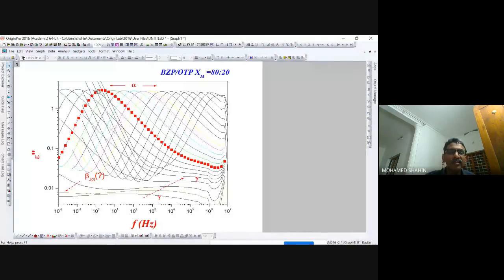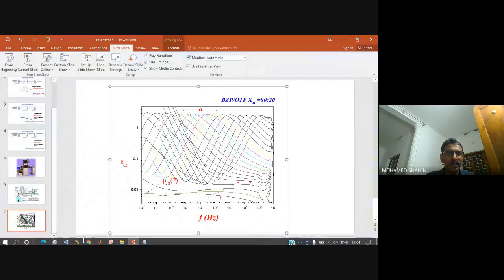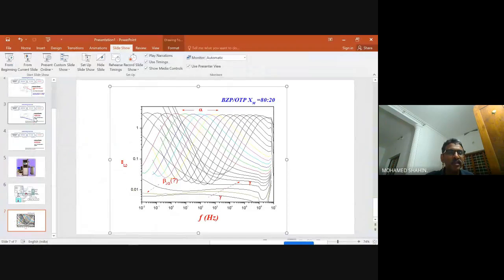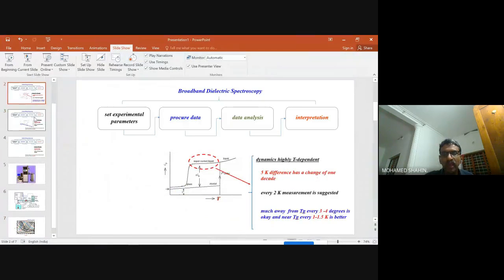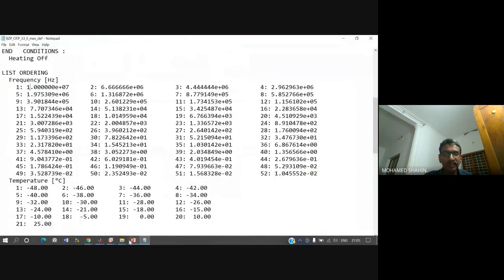Now after that, this is corresponding to a particular temperature. So the next thing you have to set is which temperatures you will take the data at. This I have already discussed with you. We have to have a very good understanding of what is happening above the glass transition in the supercooled liquid region, and below the glass. So that for taking that,